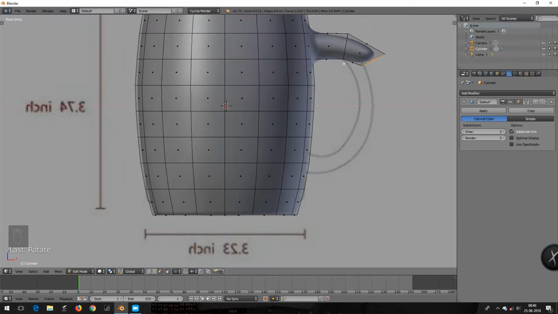Now extrude one more time and select the position and press S to scale it a little bit, and press R to rotate, and press G to grab and drag it to the X side a little, and then extrude one more time, and again press R to rotate, and again extruding one more time,